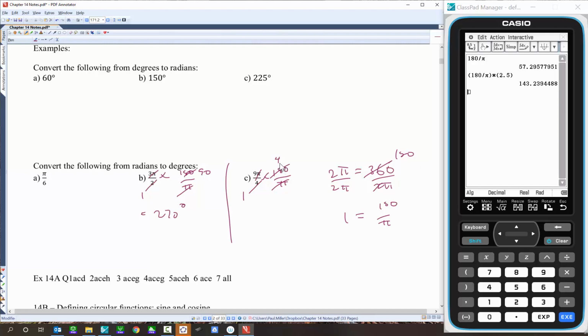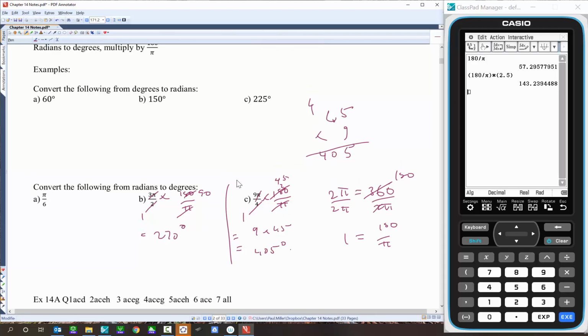What's that, like 4, 2, 5? Is 9 times 45. And that is, so, it's going to be 225, I think. 9 times 40, 9 fours are, what have I done wrong here? Let's just do this. 9 fours, 36, 40. So that's 405 degrees. Now you might be thinking, how can you do that when you can only go 360